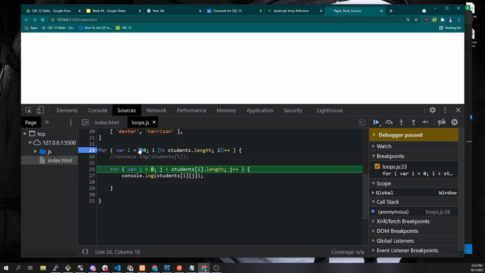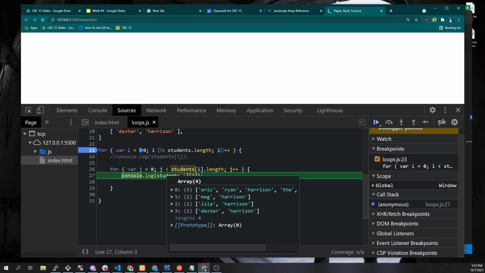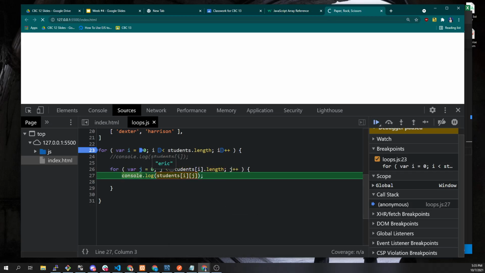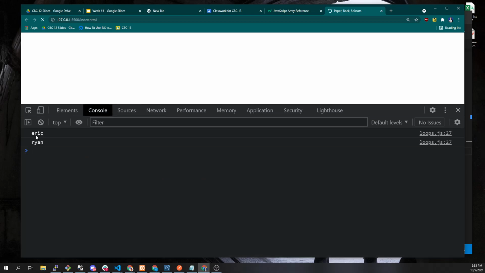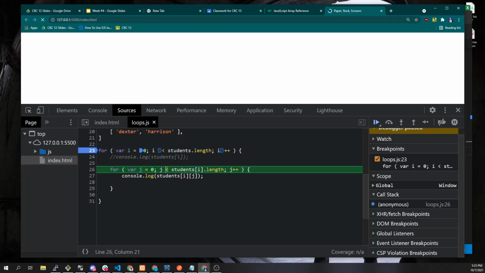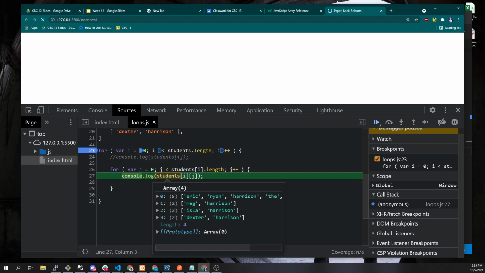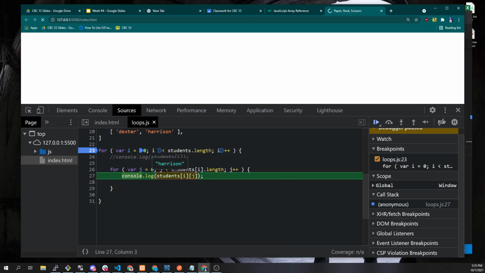Now we can see that I is 0, I is less than that, I plus plus. Now it's saying students I, and you can walk through the code here and see that it says Eric. Then it's in this loop again, and now it says Ryan. You can even go to the console and see this happening as we go. Now it's students 4, and this value is Harrison. If we press F9 again